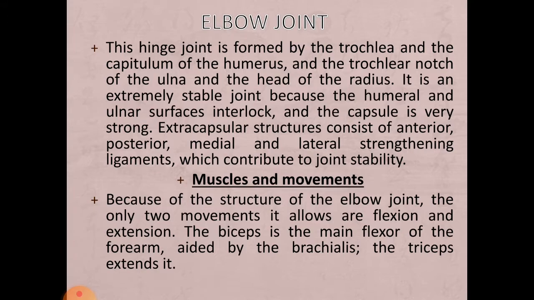and the triceps is the main extensor of the elbow joint, and this is the antagonist of the biceps brachii muscle. It has the opposite action to the biceps muscle. Biceps is a flexor of your elbow joint, while the triceps is doing the opposite to the biceps. It is extending your elbow joint.